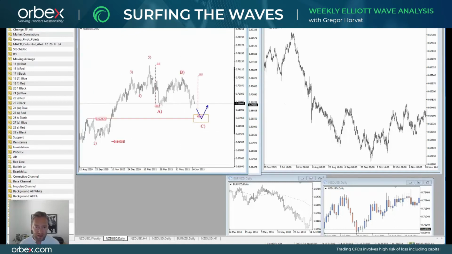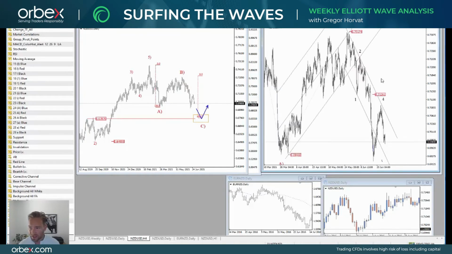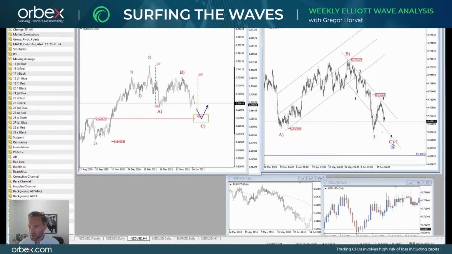Now, looking at the daily chart here, you can see first leg to the downside that I labeled as a wave A. Then you had a wave B and wave C, which again could be very similar in distance compared to wave A. So there is room for more weakness here towards 68, I should say, 100, which makes sense, especially if we consider that we cannot count 5 waves down yet